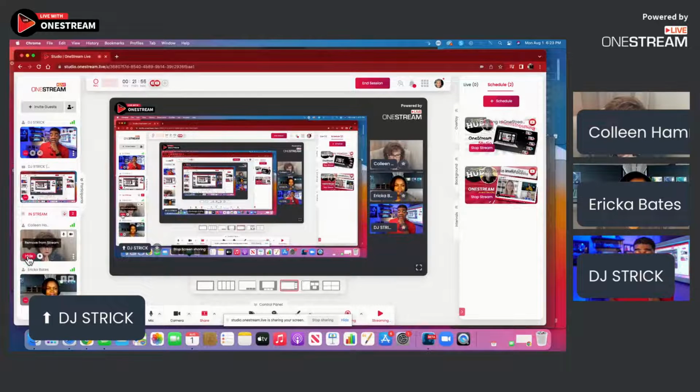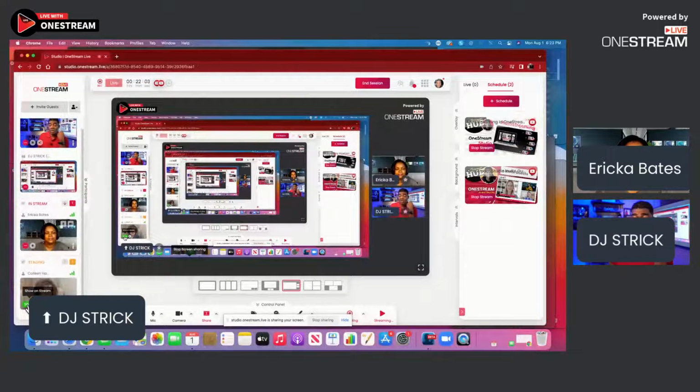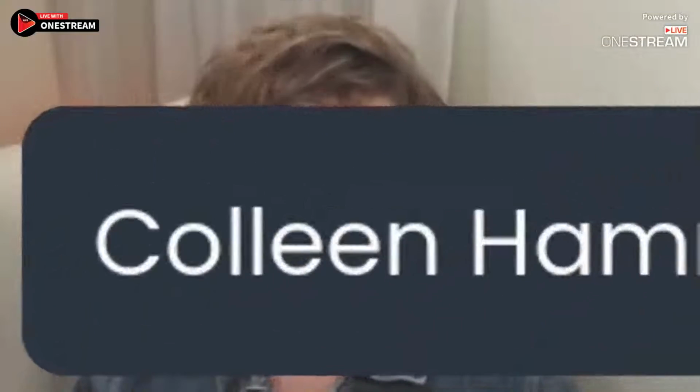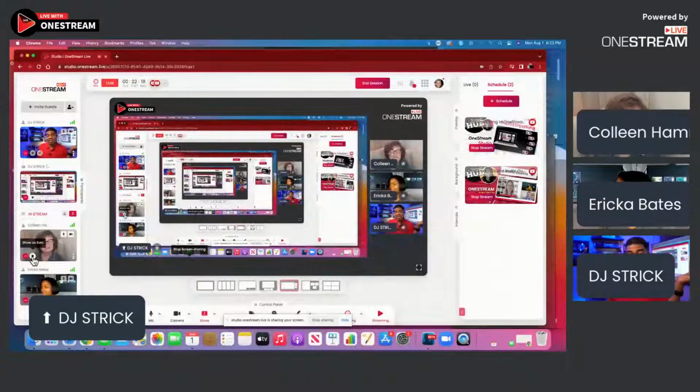To the left is a hide button. So if I want to take you off the screen, I can just press that button to hide you, and it's just me and Erica. And now it's green, so I can put you back up. Now you're on. Good question. And right beside it, it says show as solo. So if I want to just solo you, there you go. And now I take solo off, and it's all of us.